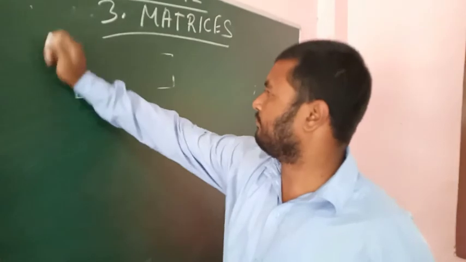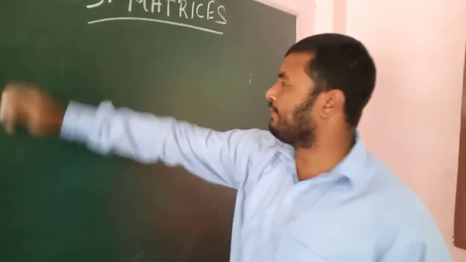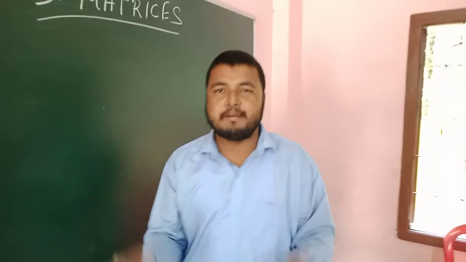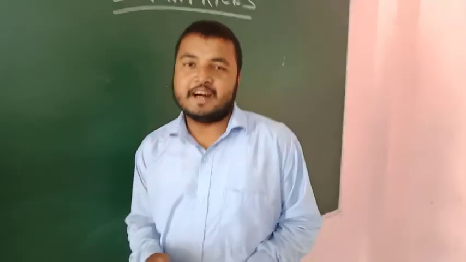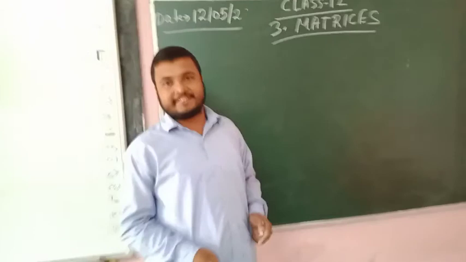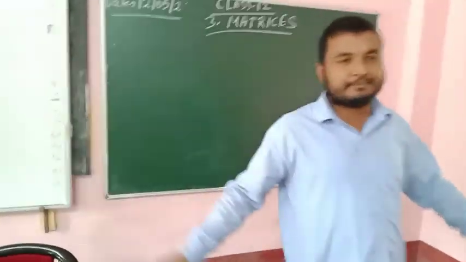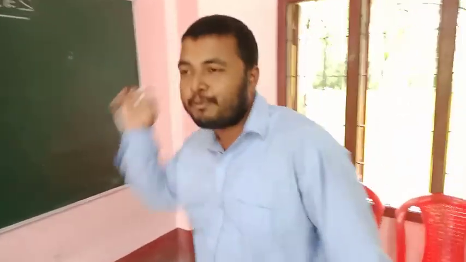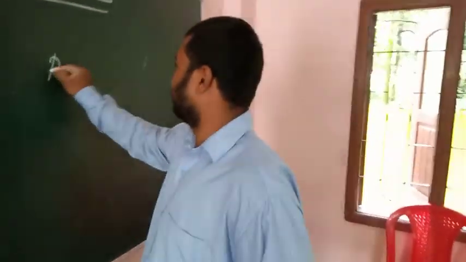Now we know a matrix consists of some elements or entries. Now we will discuss the process of how to represent the elements of the matrix. We know how to represent a matrix: a matrix is always denoted by a capital letter. Now a matrix has entries, so how do we represent those elements? Let us consider one matrix A simply.